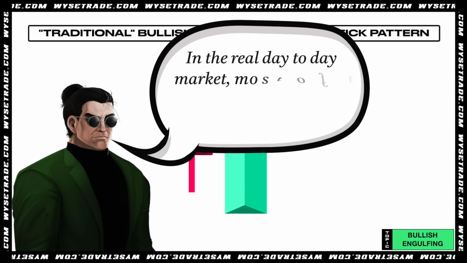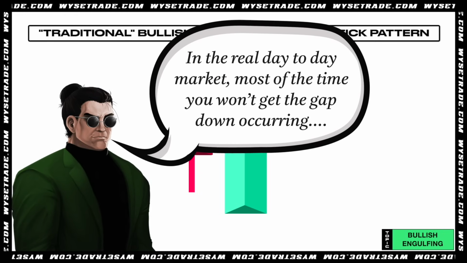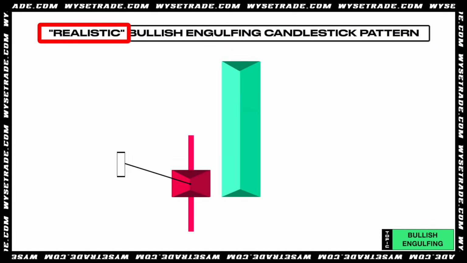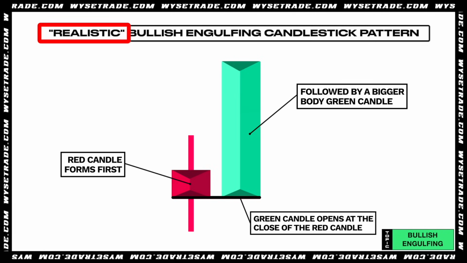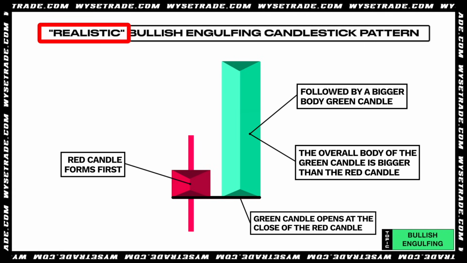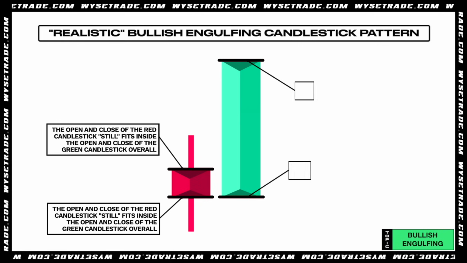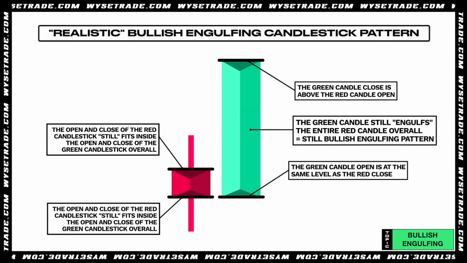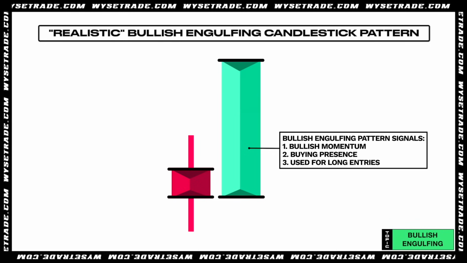Now here's the thing. In the real day-to-day market, most of the time, you won't get the gap down occurring. So here's a more realistic bullish engulfing candle to look for. You have a red candle first, followed by a green candle that opens at the close of the red candle. The overall body of the green candle is bigger than the red candle. Now, just like before, the red candle open and close still fits inside of the open and close of the bigger green candle, making this still a bullish engulfing candlestick pattern and signals bullish momentum, buying presence, and is used